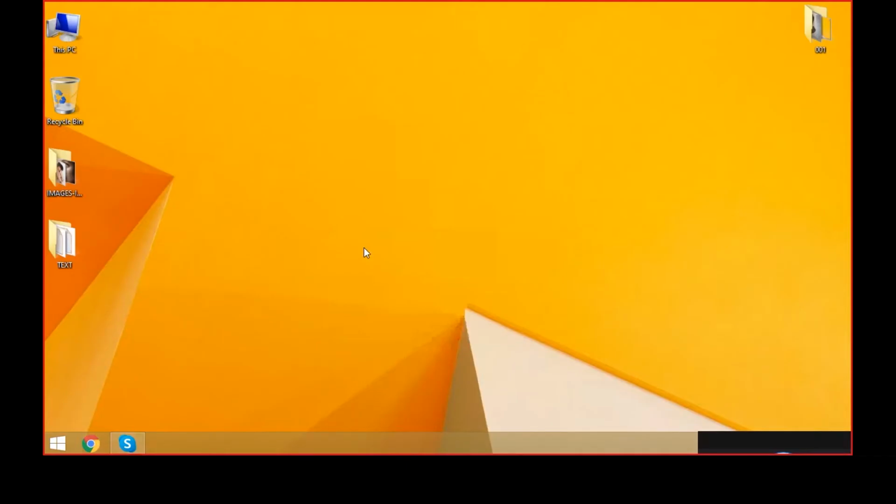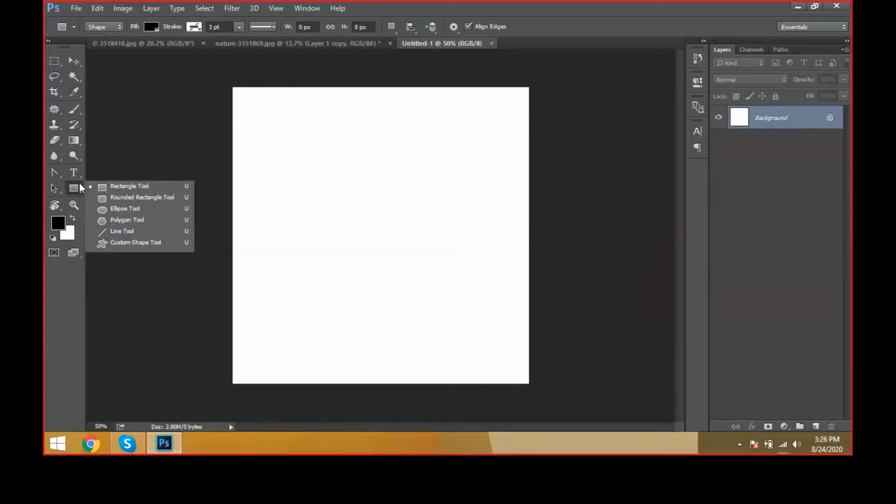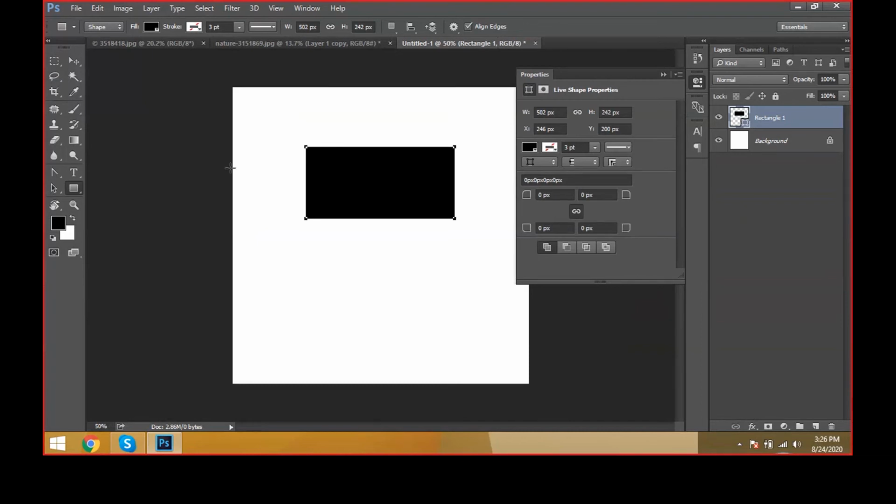Hi, come to Photoshop and you can open directly from here. Take the rectangle tool. You can drag it like this. And we have two styles here, friends. One is path and the second one is shape, like this. The path will not fill the color. It is only the stroke part.